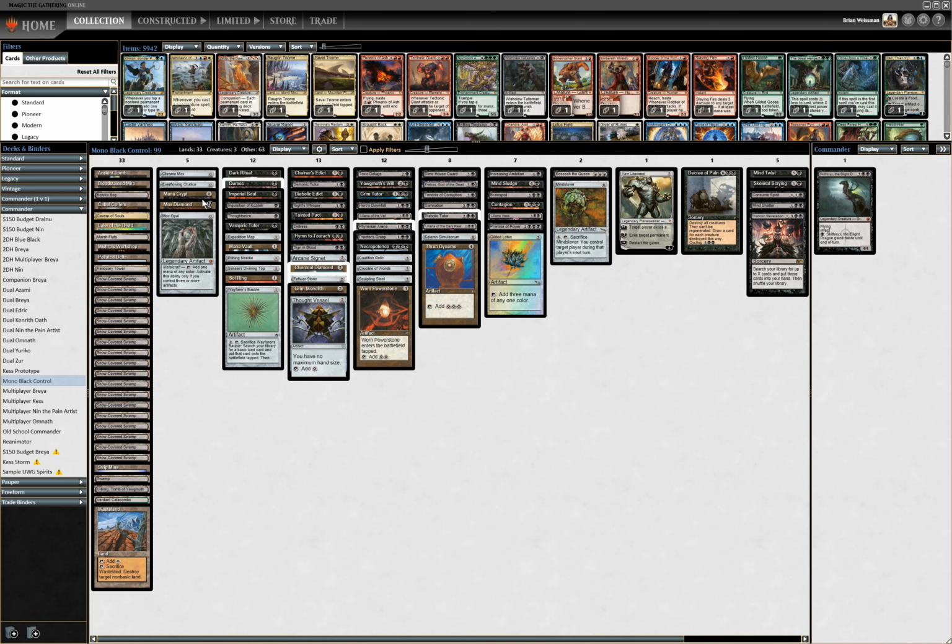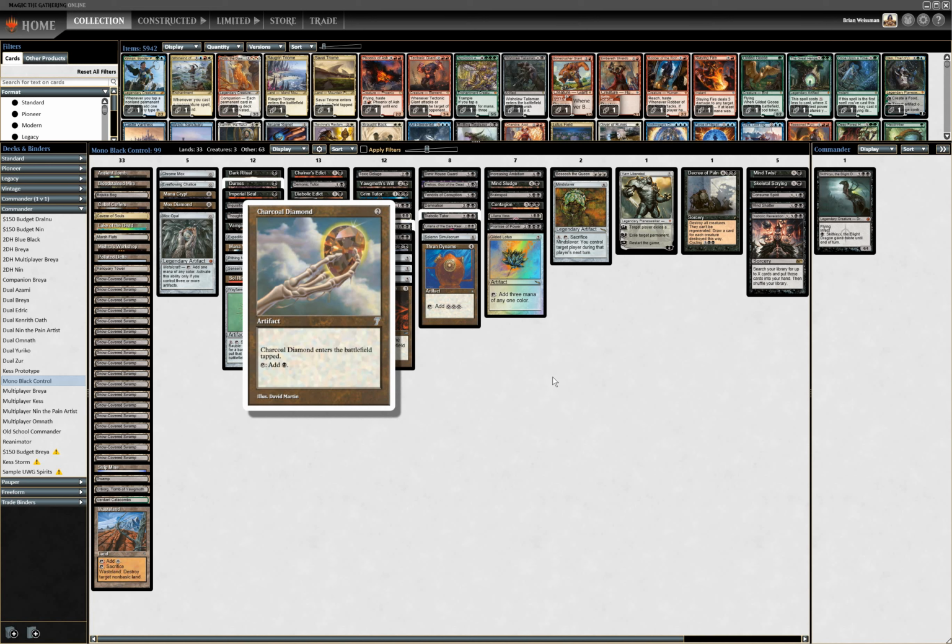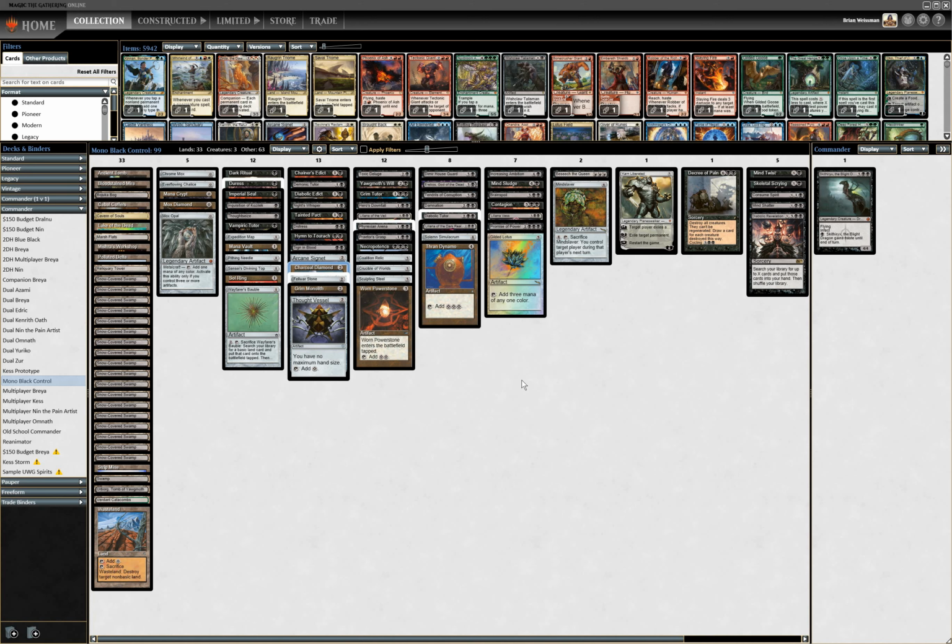I've got 5 0-mana artifacts, and obviously Everflowing Chalice isn't one of them. But I got Vault and Soul Ring, Wayfarer's Bauble. There's a lot of 2-mana artifacts to choose from too. Arcane Signet, of course, I wanted that to go in the deck. Charcoal Diamond is still in the deck because the deck is very